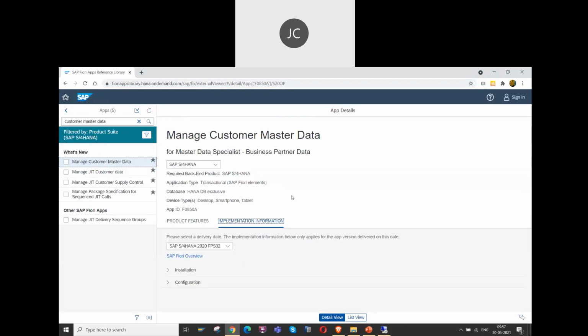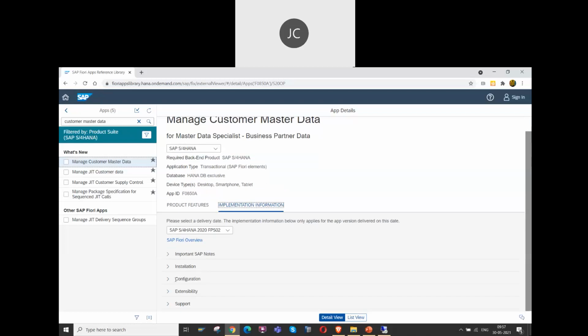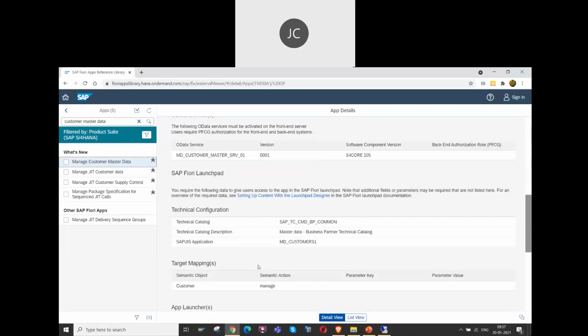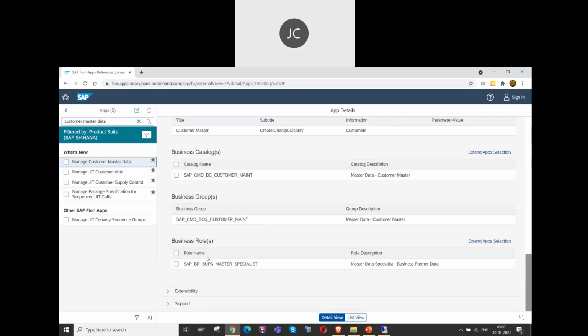We come to implementation information, then to configuration information, right? Because we want our role, which role should be there, like authorization one. Then we have this particular role with us. So we can tell the basis team, okay, fine, this particular role I want to be assigned, and we will get it. You can use this like if you're asking Monica and all that, okay, this app I want, not in favorites, so they might ask you. So we can give them this particular role, the business role, and the basis team will assign that particular role.